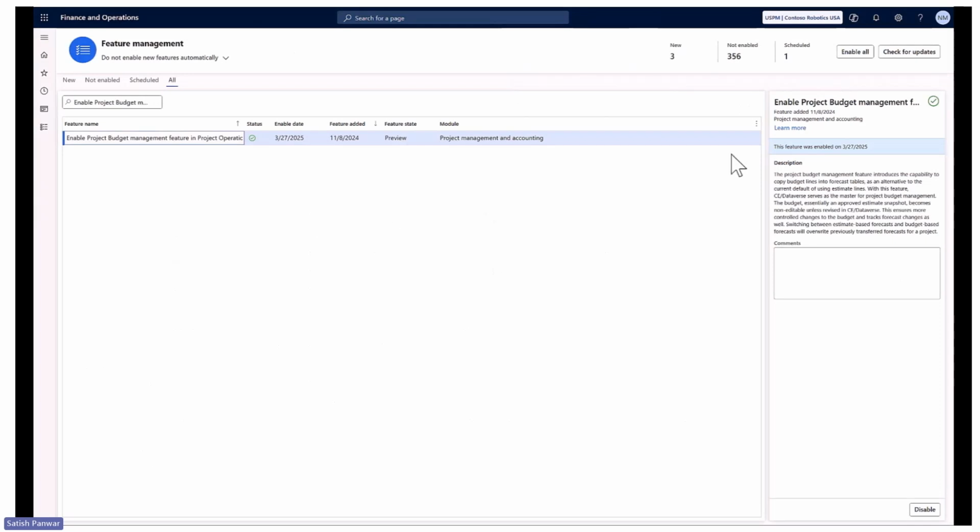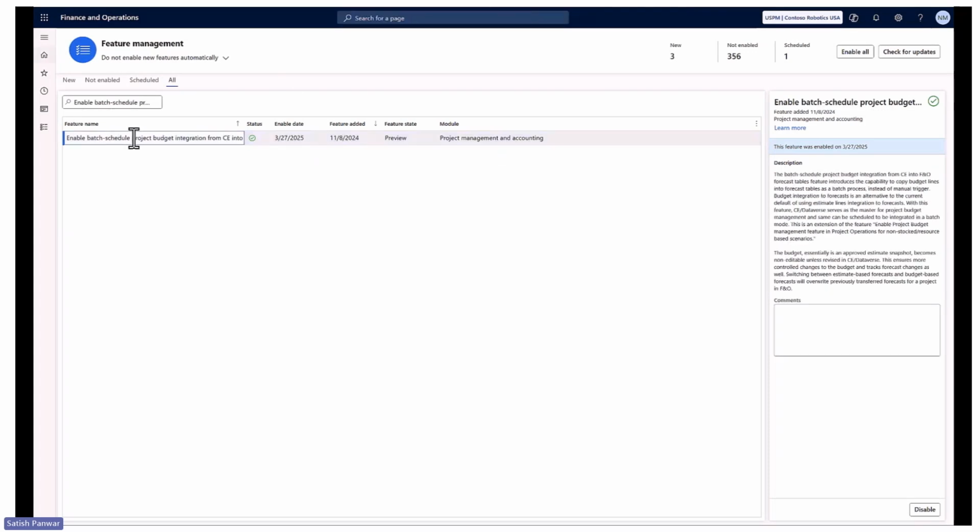The features are: one, the enable project budget management feature in project operations for non-stock resource-based scenarios. This will enable the forecasts being updated by the budget lines along with the estimates. And we also have one more feature to run this in a batch mode. Let me show you